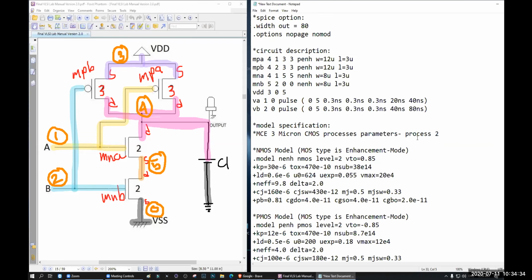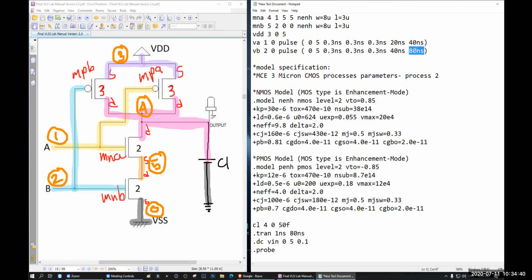Transient analysis should be up to 80, right? At least 80 actually. The highest one should be at least 80. You can see more than 80, but less than 80 you cannot. So it should be 80. It's fine. Now the DC analysis or DC voltage we do not need, because DC is required only for